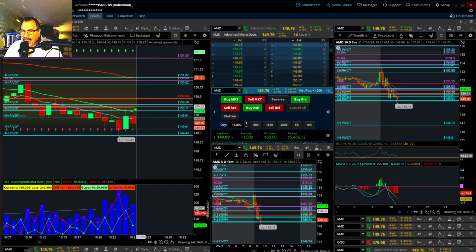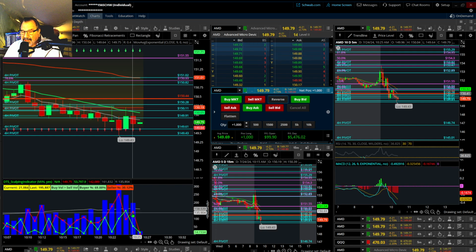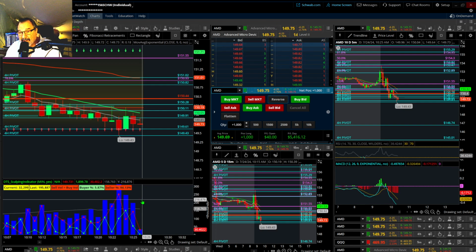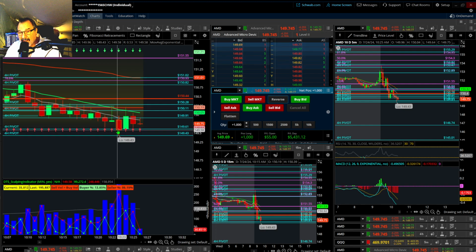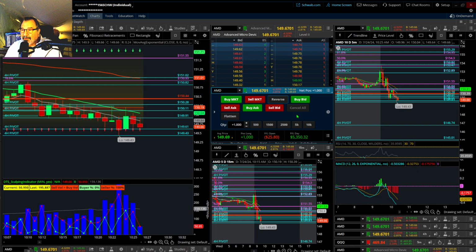Now, again, why I didn't keep going short, because the point of control has not pulled down. There's still price action up here. And the sellers, look at how the volume dropped with the sellers. So I took everything in and said, hey, maybe we're going to get some more consolidating moves, even though it made this hit here. Maybe it's not quite time for it to drop all the way down.